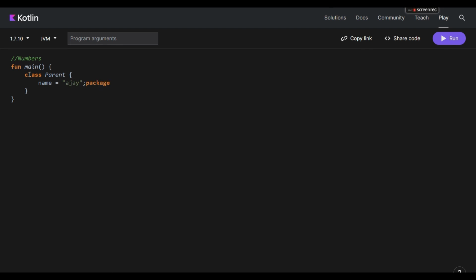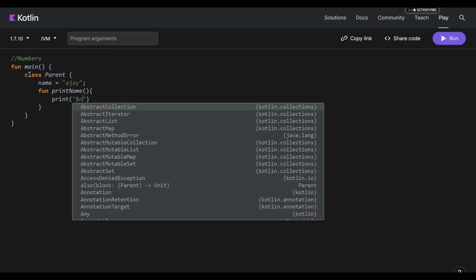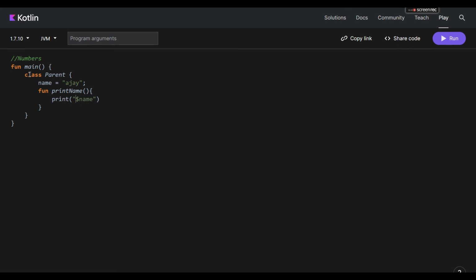And there is one function named print name, with the fun keyword, then arguments, and let's print the name. My name is name. Okay,